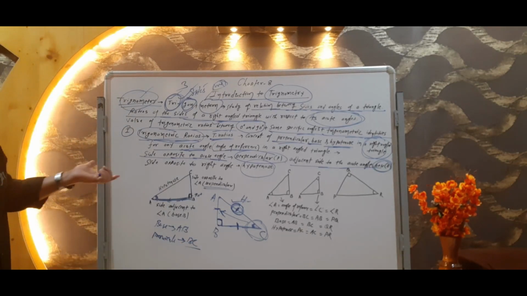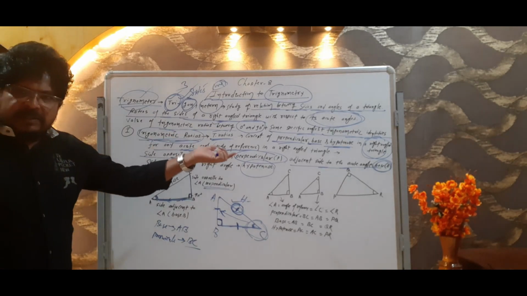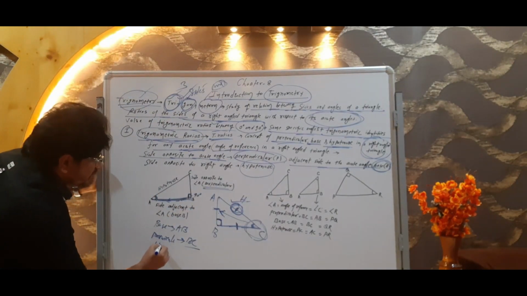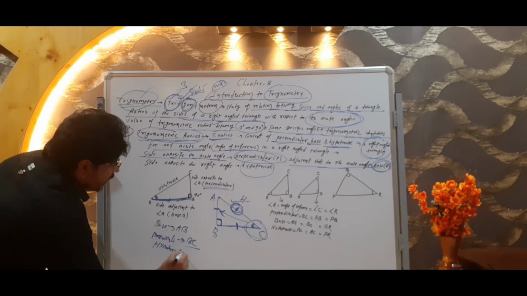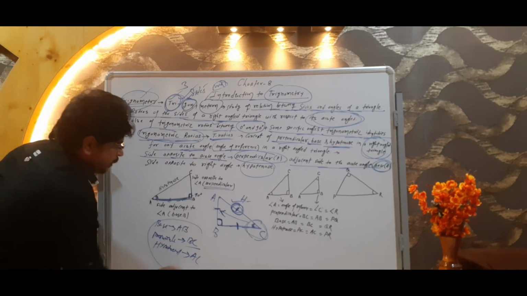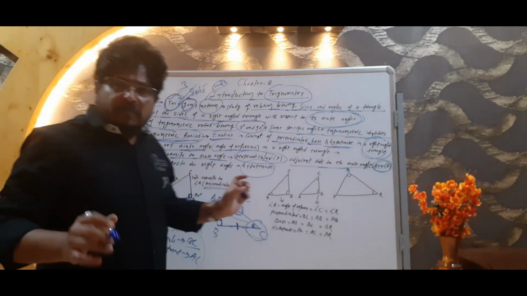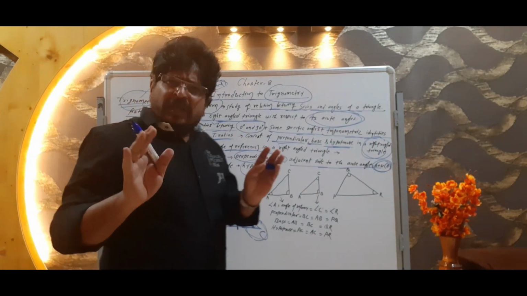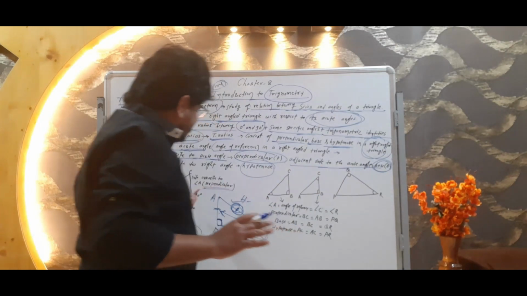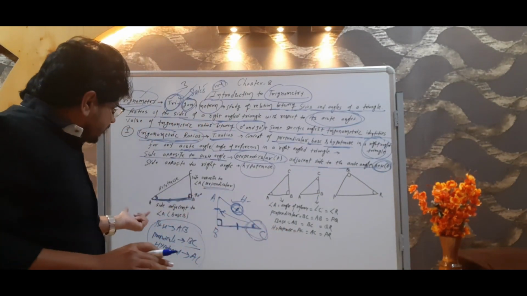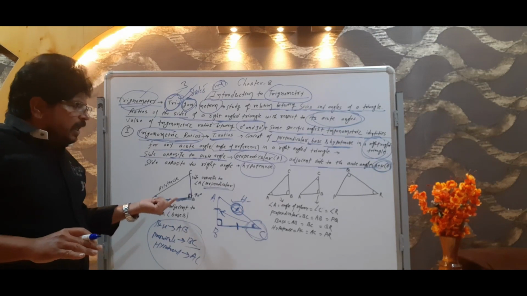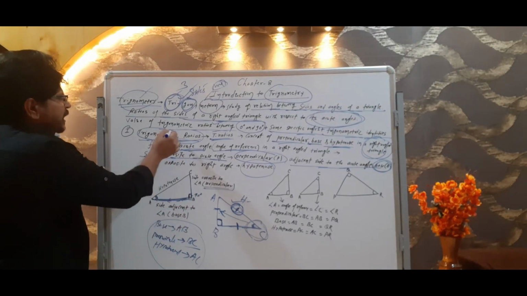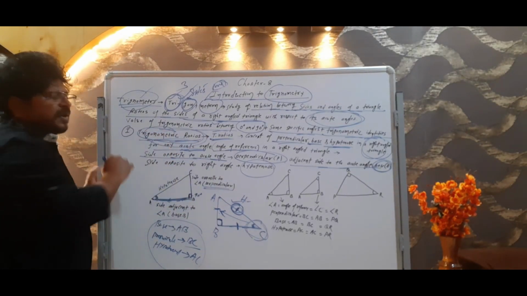Clear this thing? And now the third concept is very clear: the side opposite to the right angle is called the hypotenuse. So what would be our hypotenuse? It would be AC. So clear? These things are very, very important. Many students do not understand these sides properly. After that, they are unable to understand the concept of the acute angle, and many times they are totally confused regarding finding the trigonometric ratio.